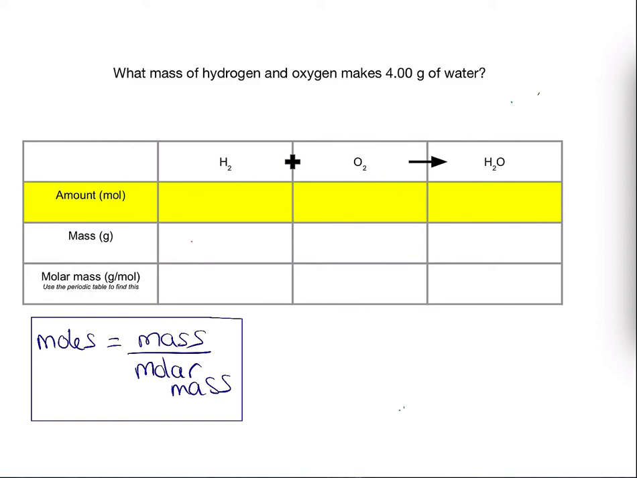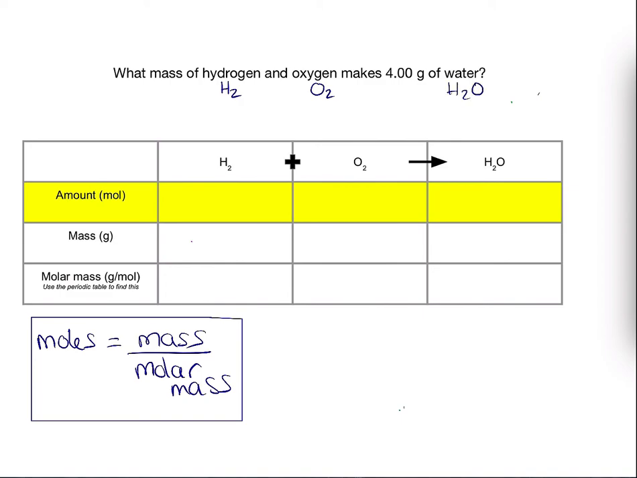A question, a moles problem, if you like, using mole ratios, but also using a formula, a mathematical formula with moles equals mass over molar mass, which I've written underneath that table. Okay, so let's have a look at the question. It says, what mass of hydrogen and oxygen makes 4.00 grams of water? So what we're looking at is what mass of H2 and what mass of O2 makes 4 grams of